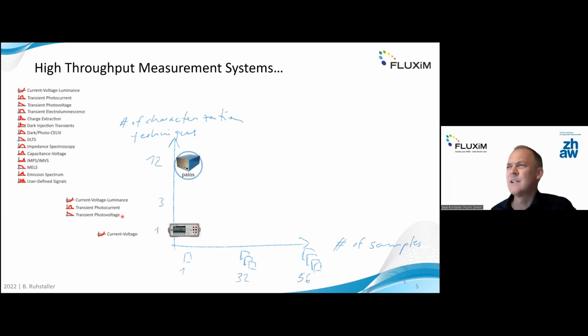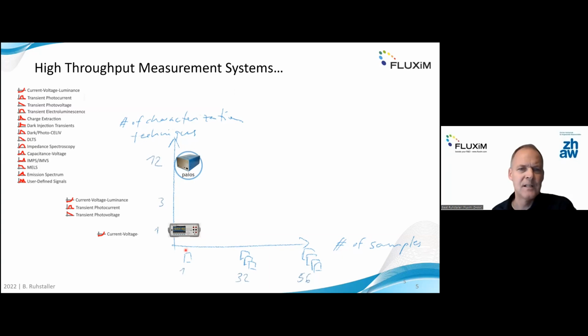The instrument that we have proposed in the last 10 years and commercialized actually includes many different measurement techniques, from JV to transient and also to the frequency domain, impedance spectroscopy, for instance. So this is on the order of 1,000 measurement techniques, and then you can hook up one cell or